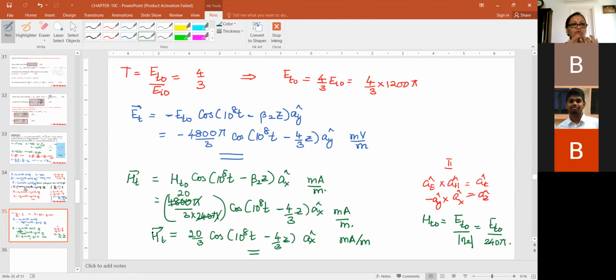One will be your beta 1, beta 2, the eta 1, eta 2. Once you get all this, you will be able to get your transmission coefficient and your reflection coefficients. Then it's only the question of looking at the wave at each stage. Incident, then use the relationship between H and E. Then reflection, use the relationship between H and E. Then transmission, same as incident.